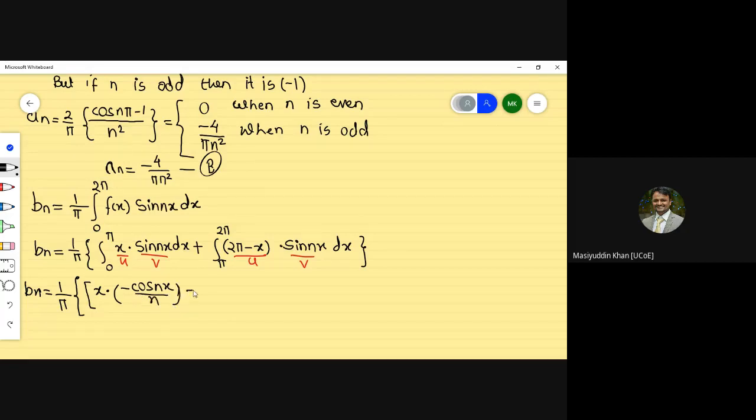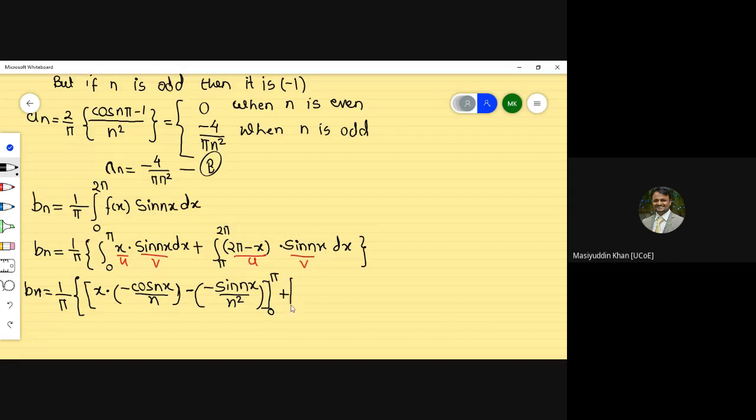Taking the minus sign as it is, derivative of x becomes 1, integration of cos becomes sine, but there is minus, so we write as it is minus sine of nx by n square, limit points 0 to pi,